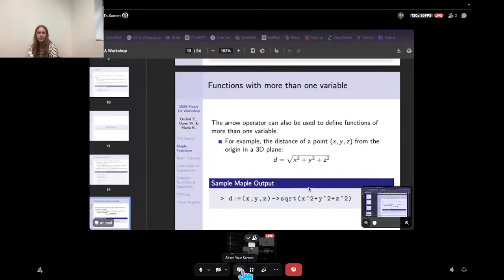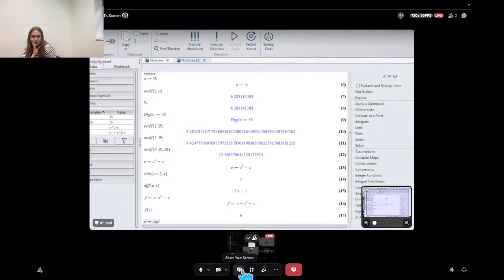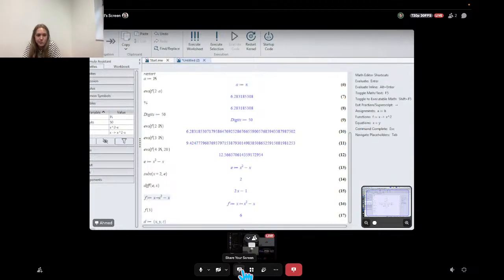Furthermore, we also are able to substitute values into functions that have more than one variable. So for example, we can substitute x, y, and z into the formula for the distance of a point in 3D space. So let's say, let's assign d as square root, x, y, and z. And what I'm doing is making it easier for me to substitute next, which is instead of just having the x, like the previous example here, the x with an arrow, we're having x, y, and z, because in this function, there are 3 variables. So let's say square root of x squared